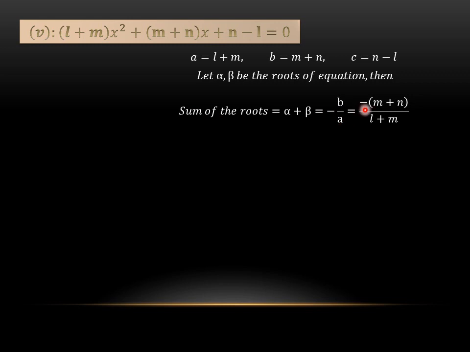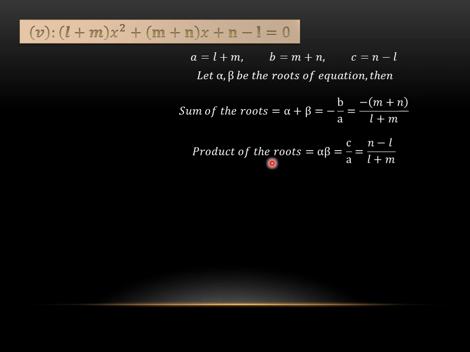So finding alpha plus beta, which is the sum of the roots, the formula will be minus B over A. Putting the values, minus will remain outside because we are having two terms instead of B. So we will write m plus n inside the bracket, because if we open the bracket, this minus sign will change the signs of all the terms inside the bracket. A is L plus m, that will be written in the denominator. I have not solved it further because even after multiplying minus inside the bracket, there is nothing that could be cancelled in the numerator and denominator, so no need to multiply the signs.